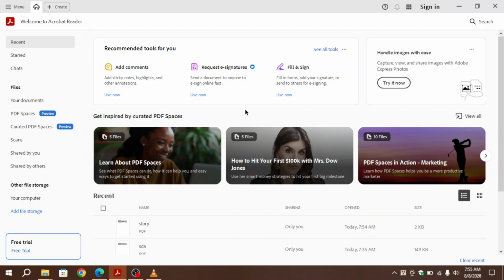Using a Mac and wondering how to get started with Adobe Acrobat Reader. In this tutorial, I'll show you the essentials, from opening PDF files to using the most helpful tools for reading, commenting, signing, and sharing documents. Let's get started. First, open Adobe Acrobat Reader from the application's folder, Launchpad, Spotlight Search, or your dock if you've